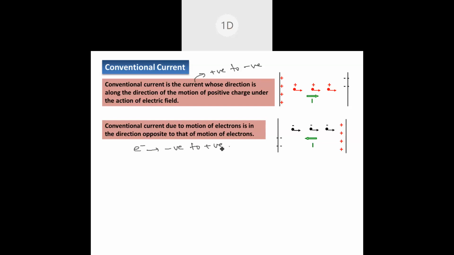My question is why? Why are they opposite? Anybody wanna try? At that time electrons were not discovered. They assumed that. Electrons were not discovered at that time, so they assumed that it goes like that. Because we shouldn't prove them wrong, we state it as conventional current of electricity.